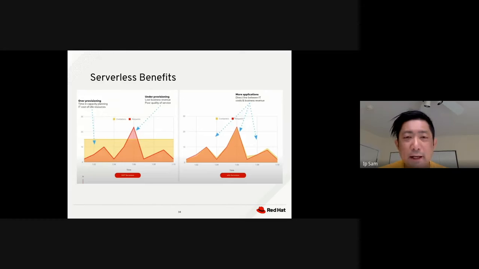And you can see this chart on the left and on the right. The left side shows a traditional IT organization, how much they were overpaying. Majority of the time, on the yellow line, your demand is on the red line, but you need to basically have a 20%, 30% margin to make sure that you cover the demand. When there's a peak on the day of Thanksgiving, you are not able to meet the demand. So this is a traditional problem of predicting the usage of computational resources that a lot of IT departments were